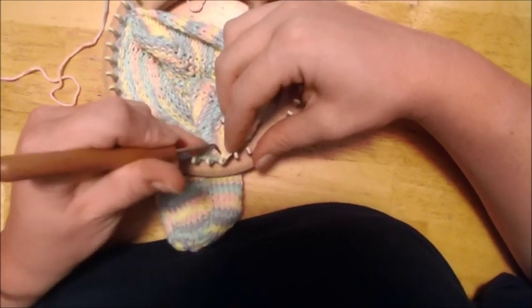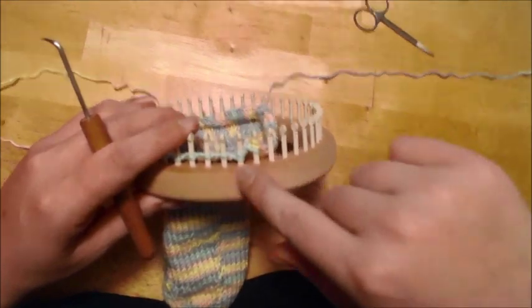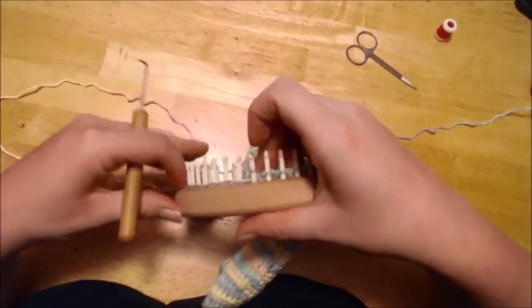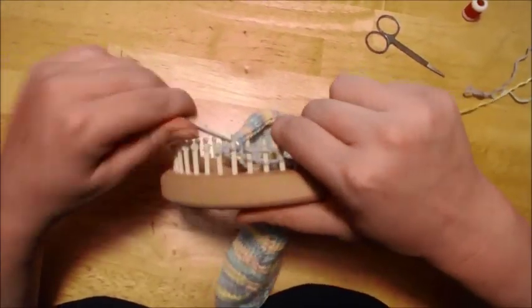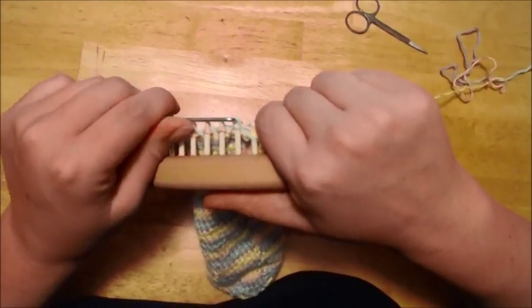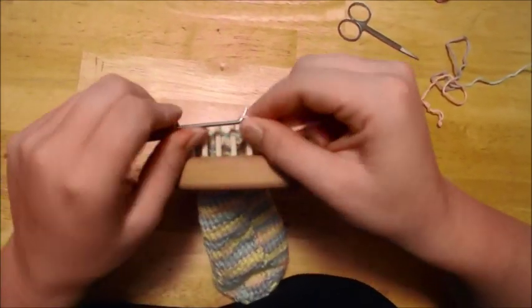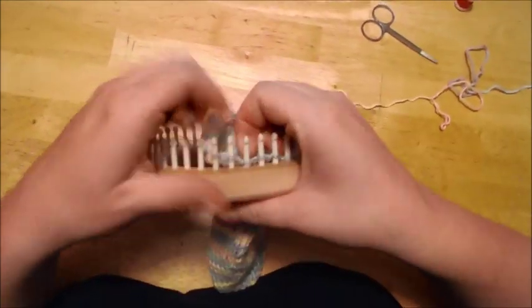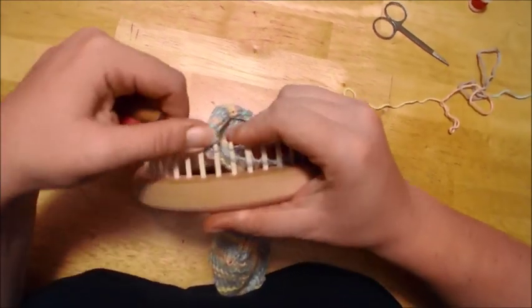On the end, now on that decrease one here, you'll knit those 2 together, and then you'll purl those 2 together, okay? So you'll slip that first one, and then you will knit your way over. You'll knit these 2 stitches together, then you will purl these 2 stitches together, okay? Now we're going to decrease on this side, which will be row 5,